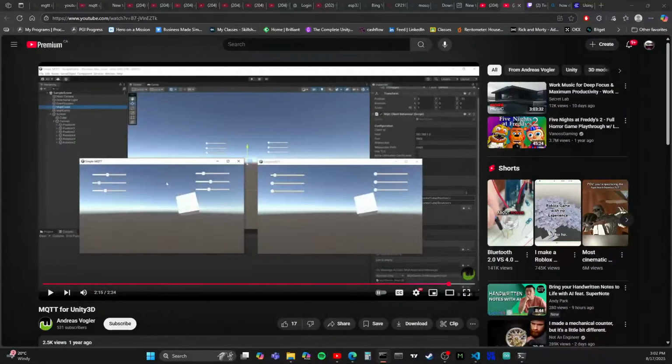cd, double dots, backslash, program files, backslash, Mosquito, that'll open up the directory. Command directory, I don't know. Anyway, so now we're in Mosquito. And then we gotta figure out how do we open mosquito_sub. And then this will be the